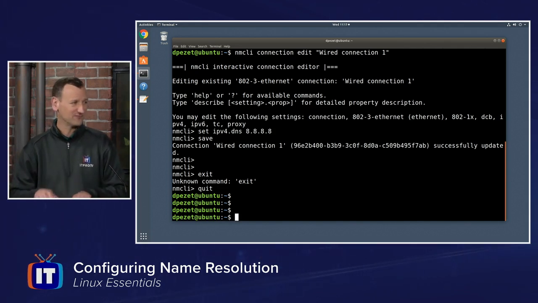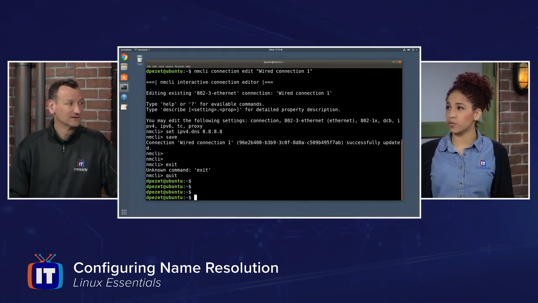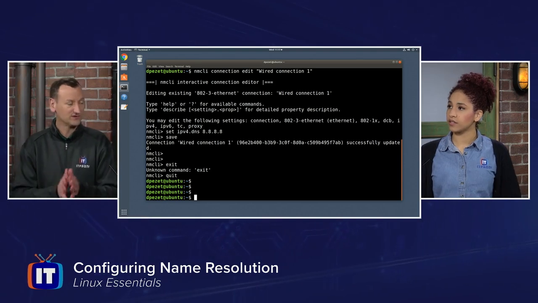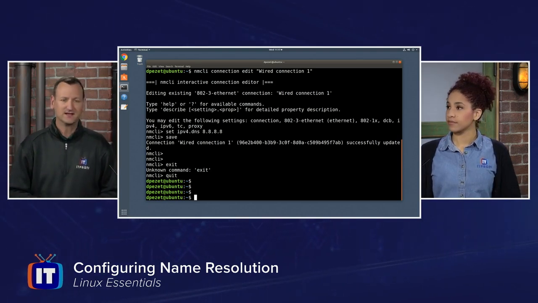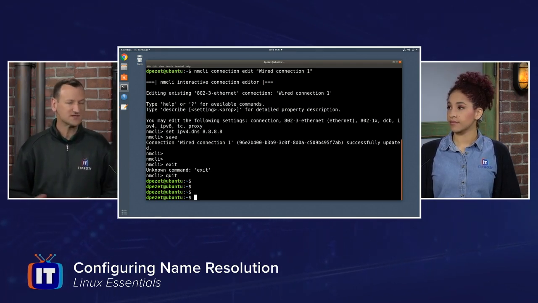And those are two pretty safe ways to get in and change those values. Is the Network Manager installed on servers as well? If you're running the Ubuntu server, yes, it's got it. But a lot of other servers, especially when you deal with Arch Linux and Slackware and those guys, will